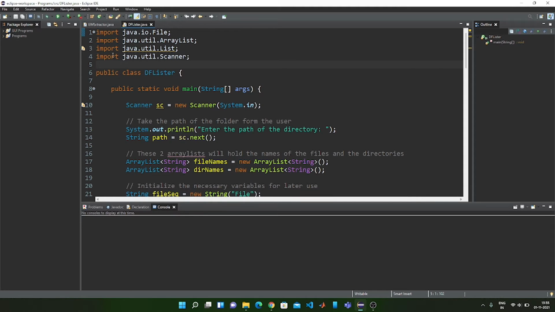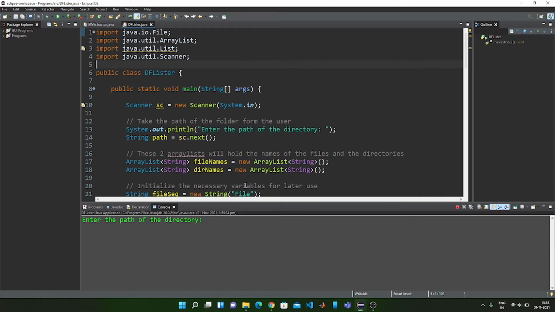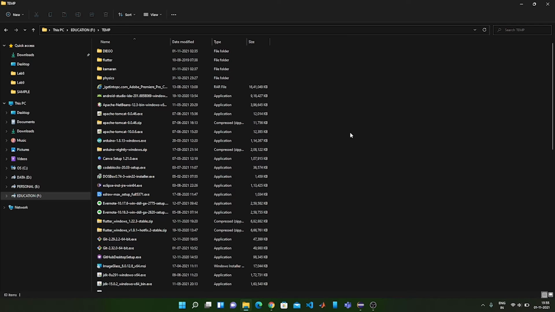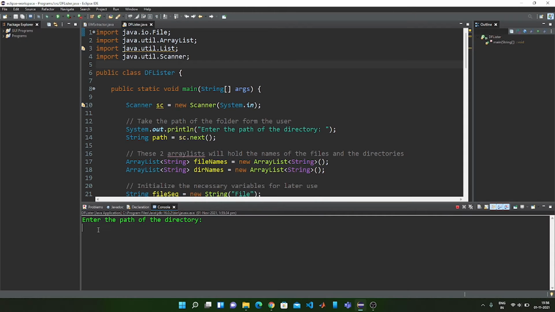Now if I execute this code, as you can see, it is asking for the path of the directory. The path of this directory is present in the F drive and the path is temp. So now let me enter that.